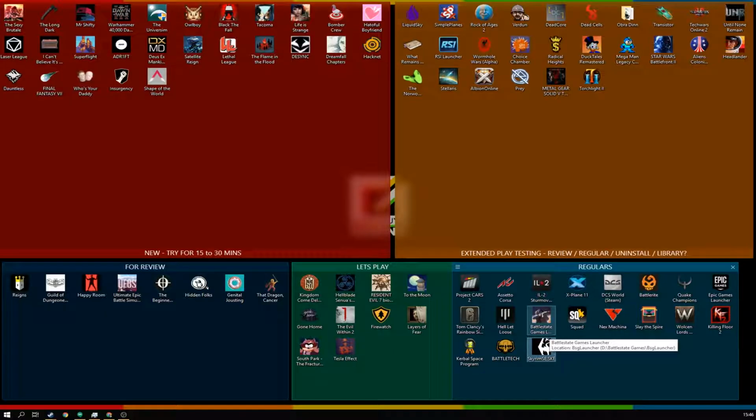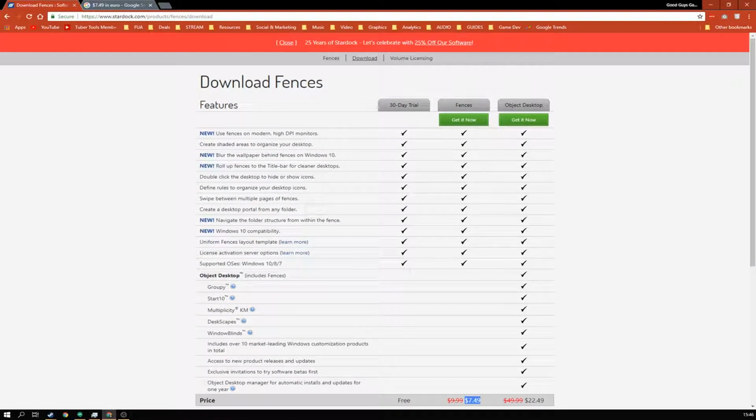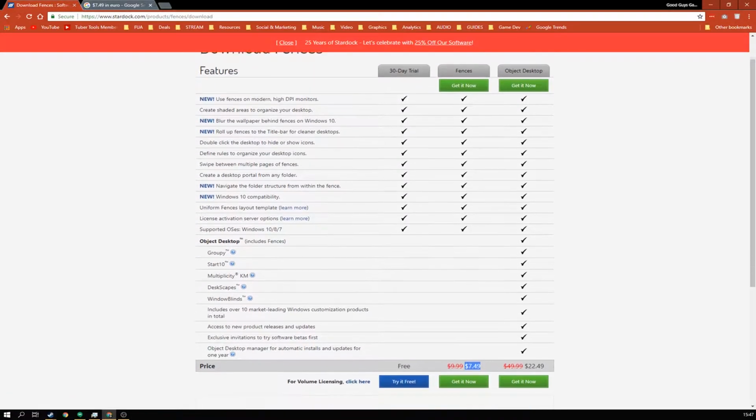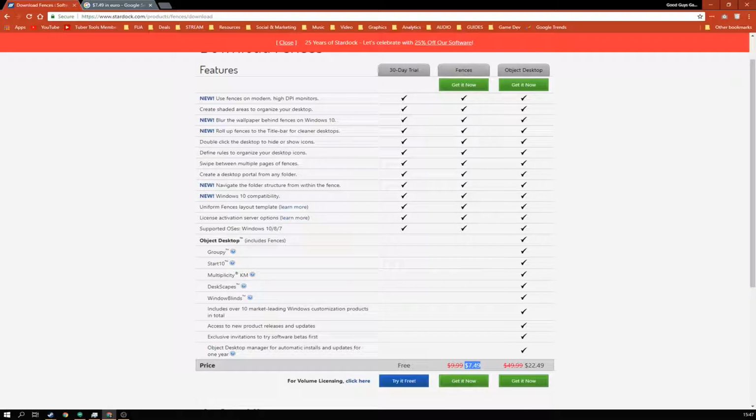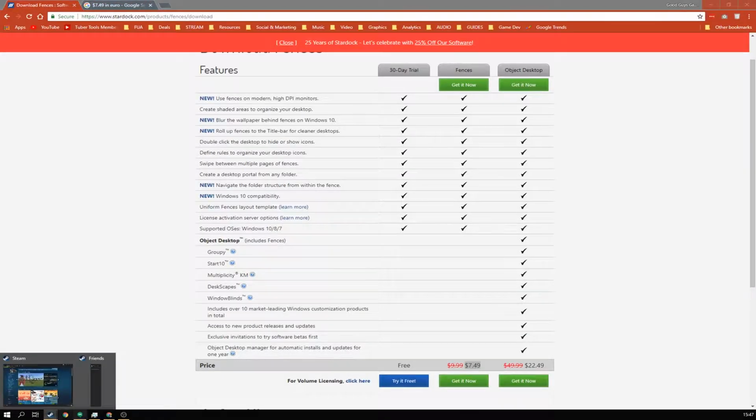So I will show you how to set it up. Obviously, first of all, you need to get Fences. It's not a free program, but you can try it for free. Here's the website here. It's stardock.com, and you can just do a Google for it and you'll get it. At the moment, they have a sale, 25 years of Stardock with 25% off our software. So the price is actually $7.49 USD, which is like €6.44, which is a great price, because if we look